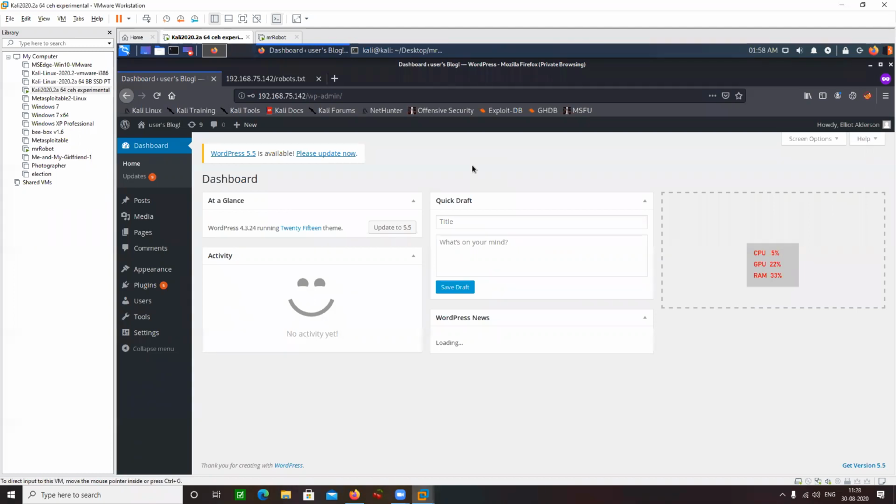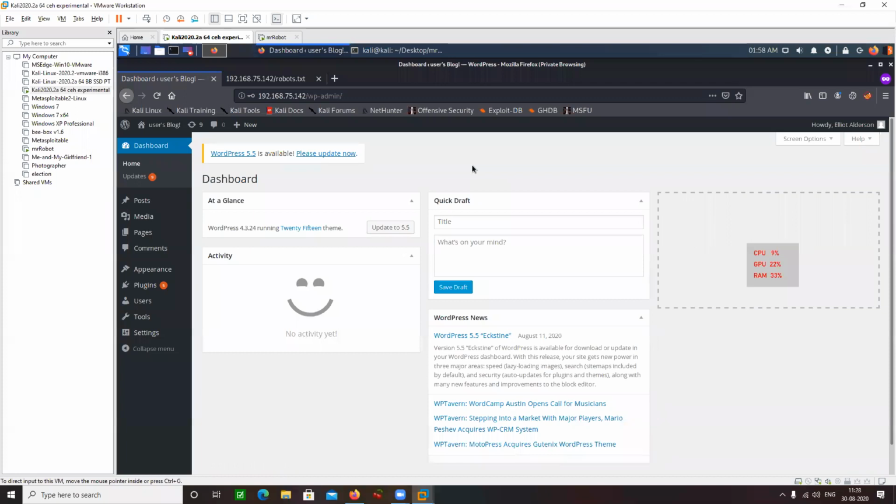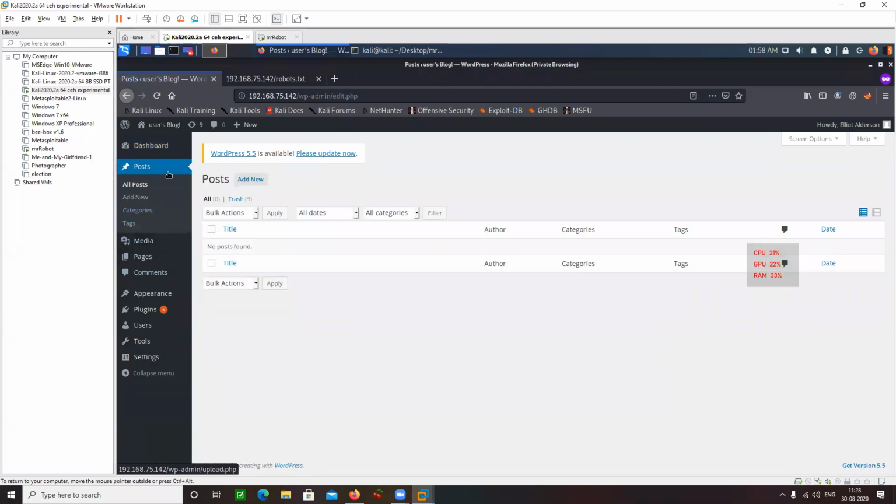Now, for those people who have already used WordPress, you know where to look. For those who have not used WordPress, you need to explore all of this stuff, like what is this, what is that. All options are provided. One thing that I know is to go to plugins. Yeah, go to plugins. Nothing.